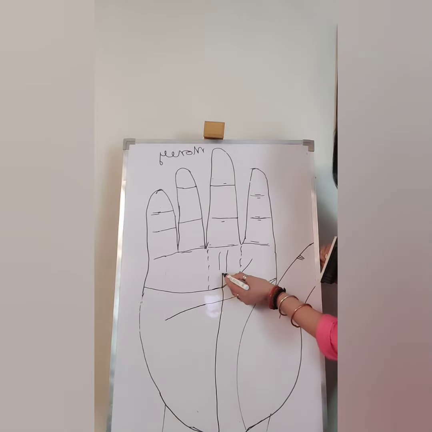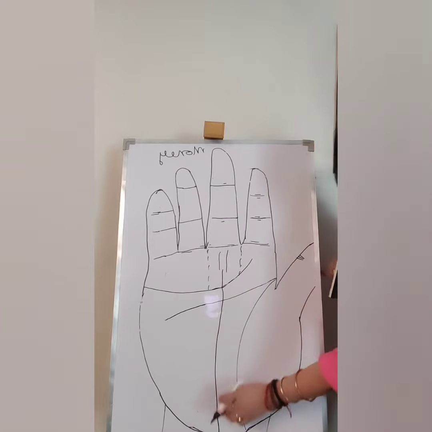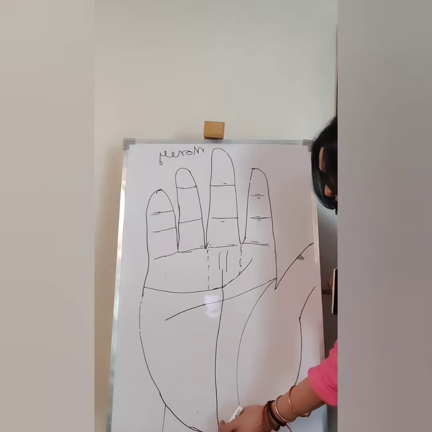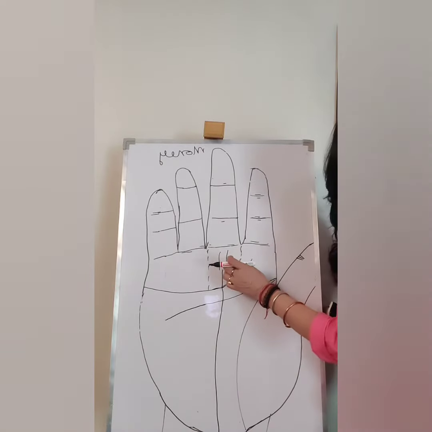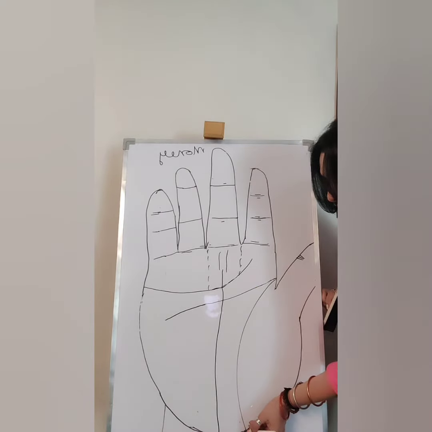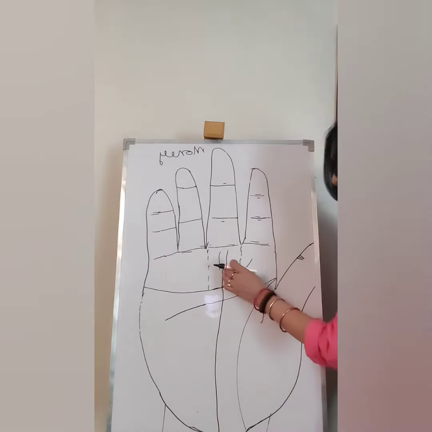If it goes straight to this palm, this area, then all through your life there will be no shortage of money for you. You are blessed if this line moves towards this line. Next to look at, if it is very close, this is the ideal position from this center to this, and these two lines.